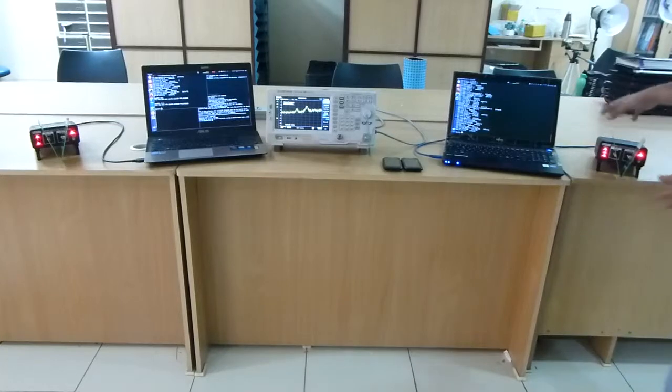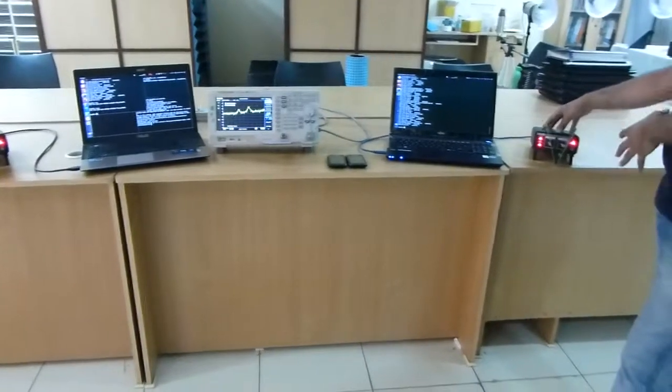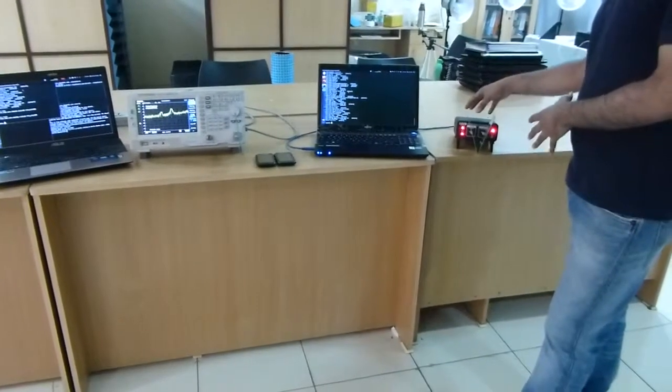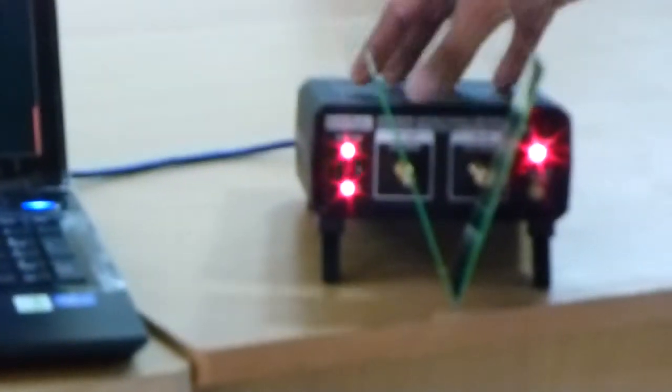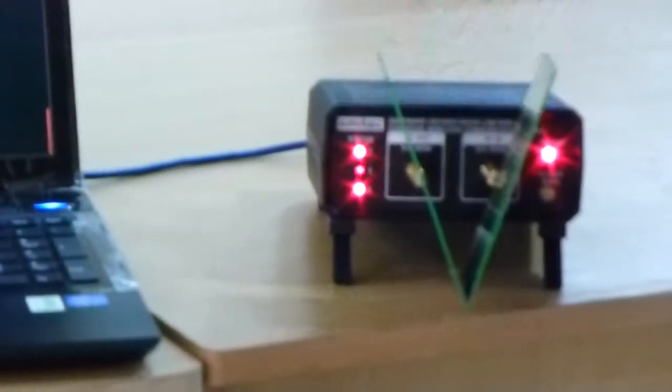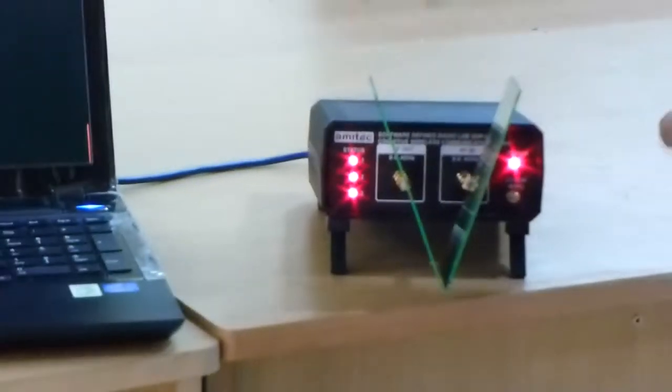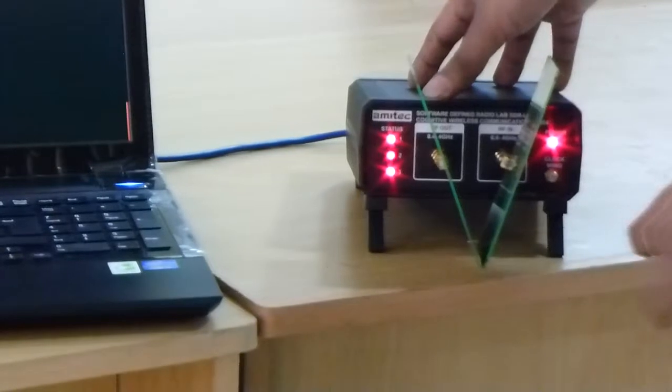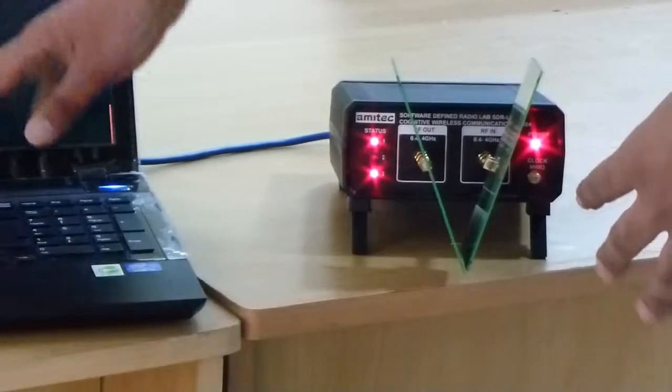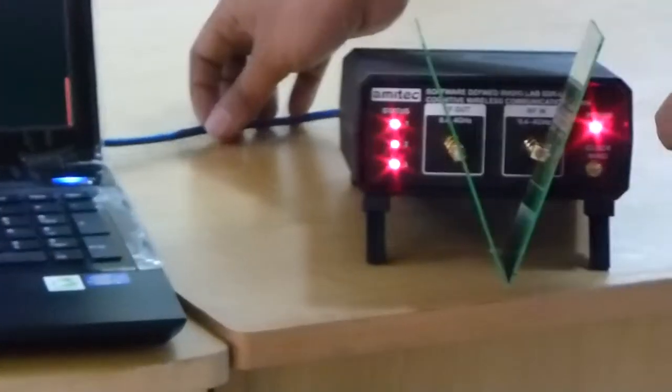So this system works as a GSM base station. It is a 400 MHz to 4 GHz full duplex transceiving system, so it covers the entire frequency range of GSM 900, GSM 1800, 3G, 4G. This base station transceiver system is configured to work with a laptop using a USB 3.0 cable.